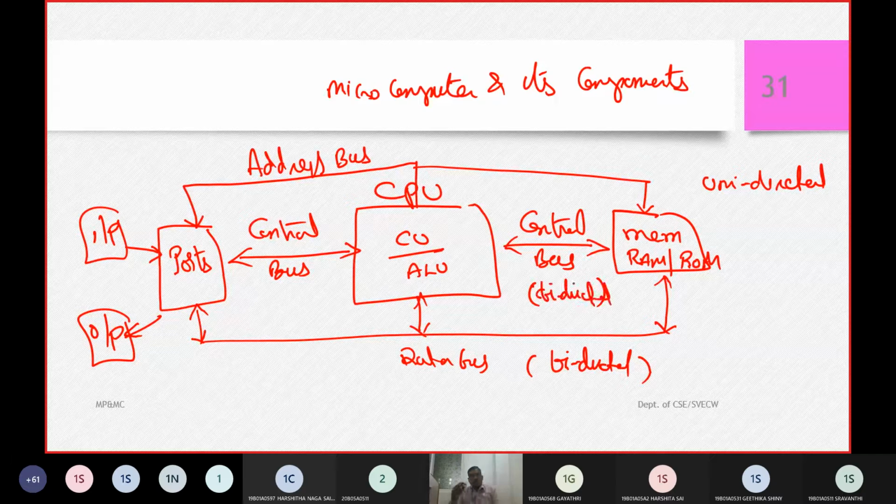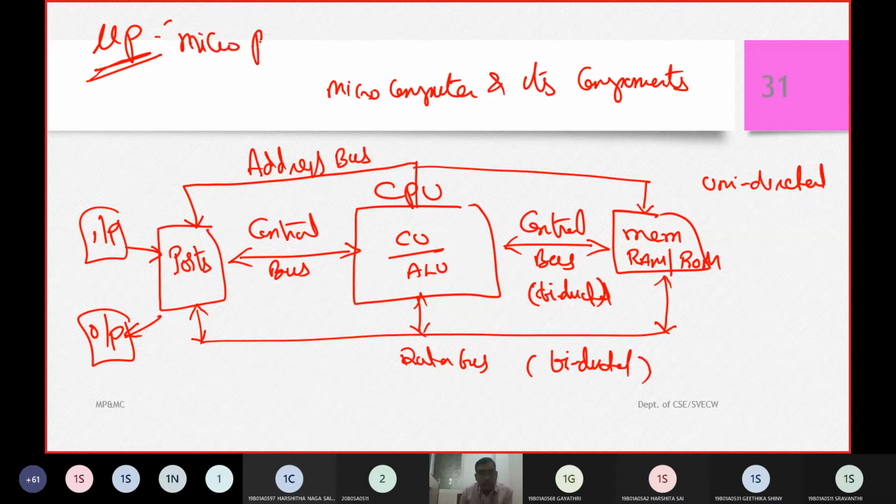So this was the overall architecture, the overall glimpse we had of a microcomputer. If there is a microprocessor inside a computer, then it is called a microcomputer. Simple definition: micro stands for mu.